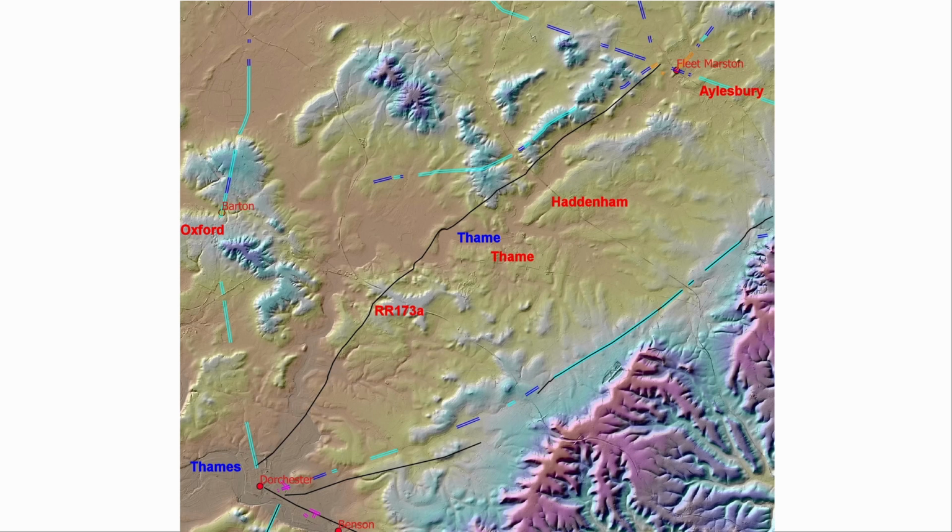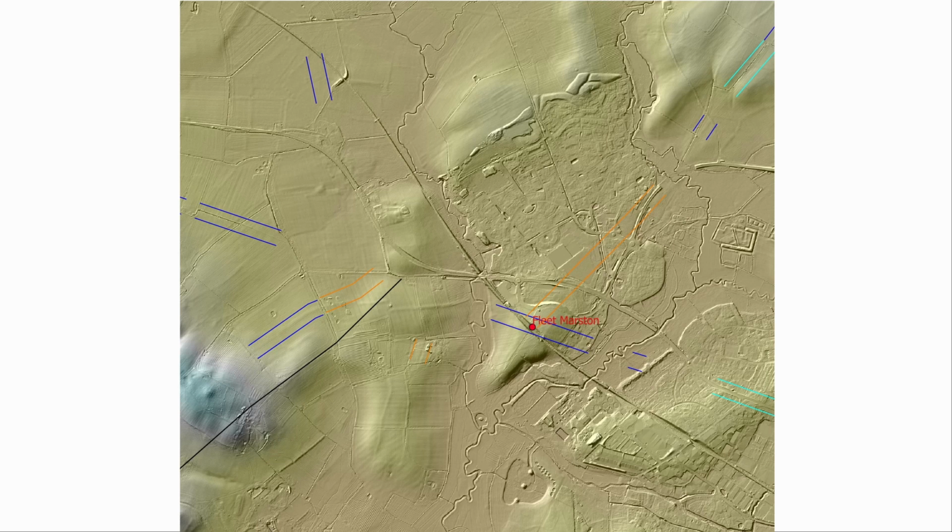There is little to see on the LiDAR suggesting that this is the correct route. Ivan Margary seems to disagree as well. On his map he shows a route further to the northwest, but doesn't give any details, instead pointing at the Viatores account in their own book. Looking at Fleet Marston at the northern end,